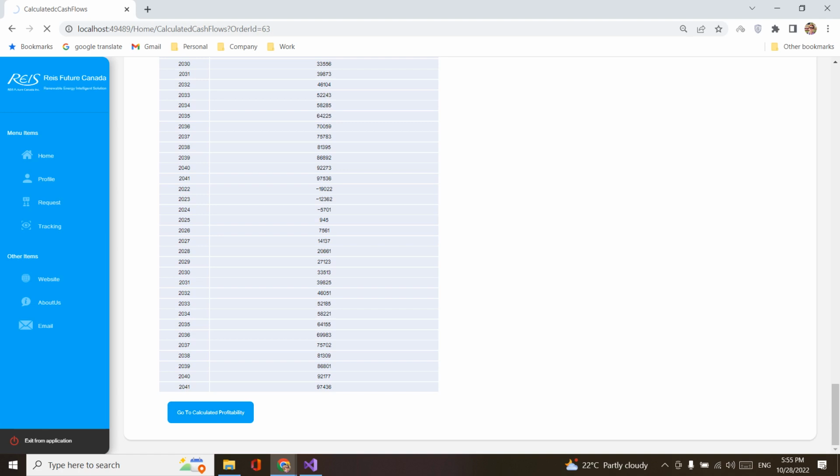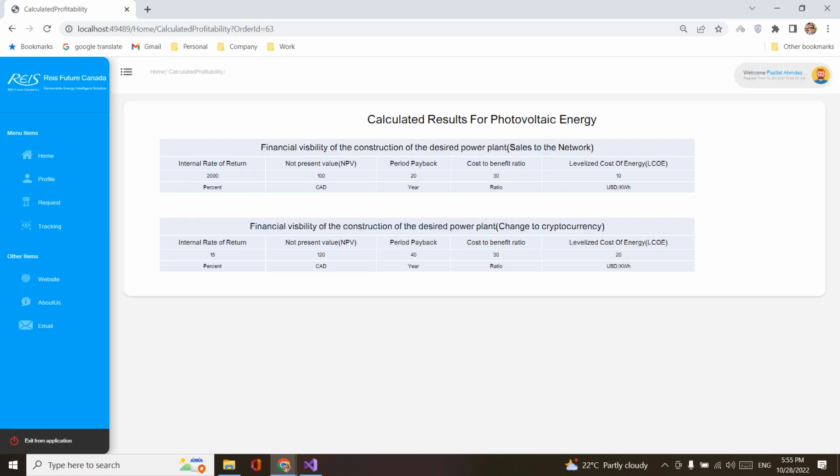In the next and final part, you can see some parameters from the feasibility study that contain internal rate of return, IRR, ROI, NPV, payback period, and other financial feasibility of construction.